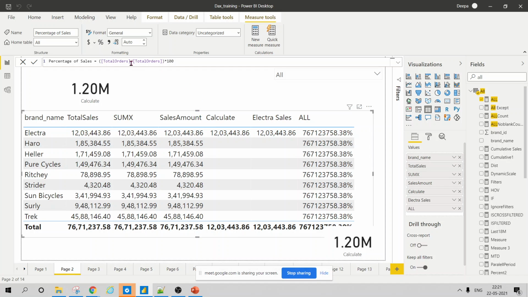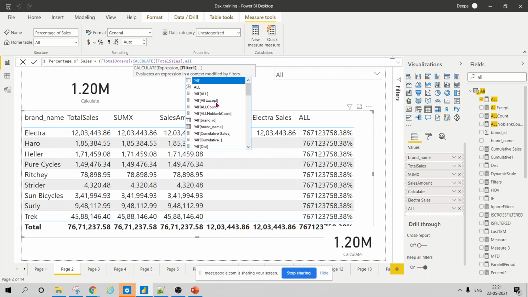Then what would you do? Here you want all sales. So in that case you will calculate the one that we did earlier: calculate total sales, comma, all brand.